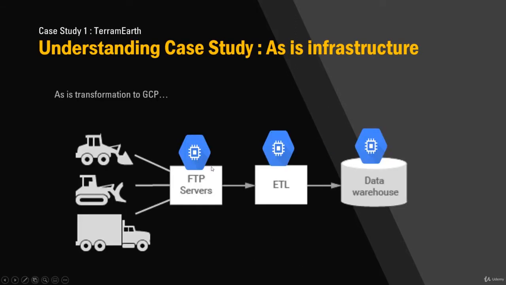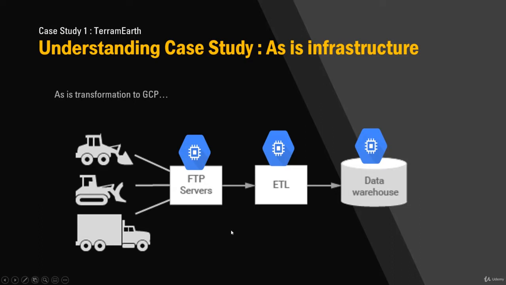If you want to map one to one as an infrastructure, then what we need is Linux servers, where the data gets uploaded and is processed by the ETL engine, which you can map again to Linux servers, and then data is pushed to a data warehousing solution, where you can treat any of these data warehousing solutions which they are using. They have not disclosed the technology under the hood, but this is the overall architecture they have provided.